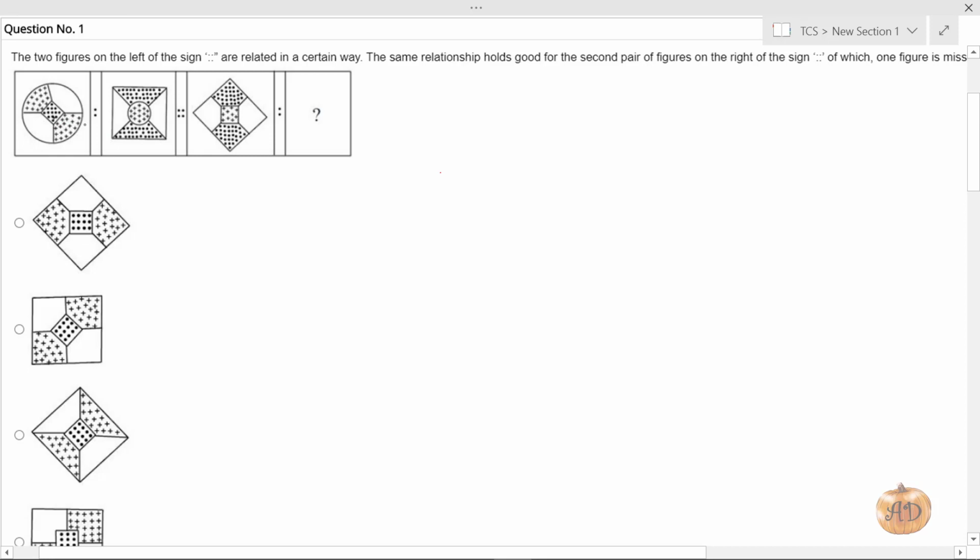So to understand, if you look at the first figure correctly, you will find that this figure and this figure, it's a little rotated. See, this figure is rotated towards the east direction, and it forms this picture. So this means that the first picture is rotated towards the right side, that is in the clockwise direction. So similarly, if we rotate this also, then we will get it in this way.